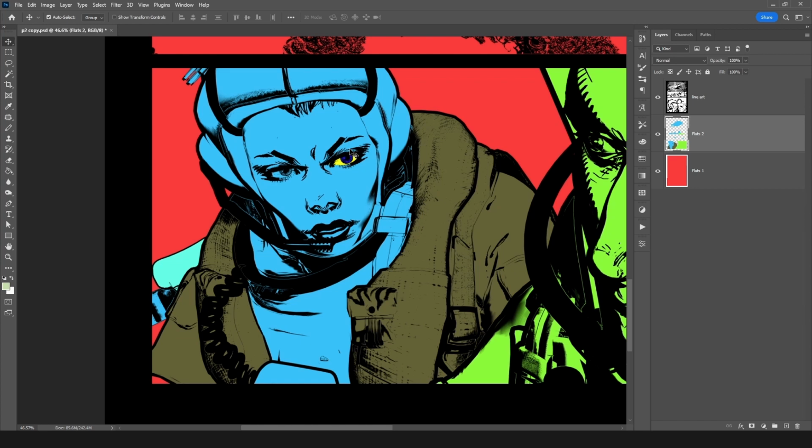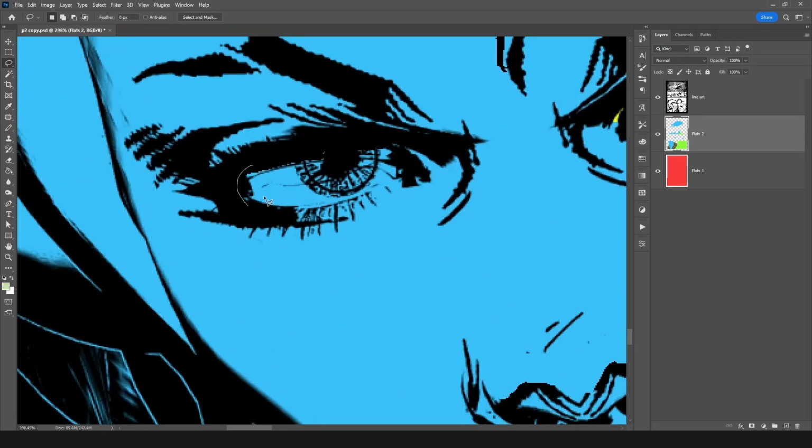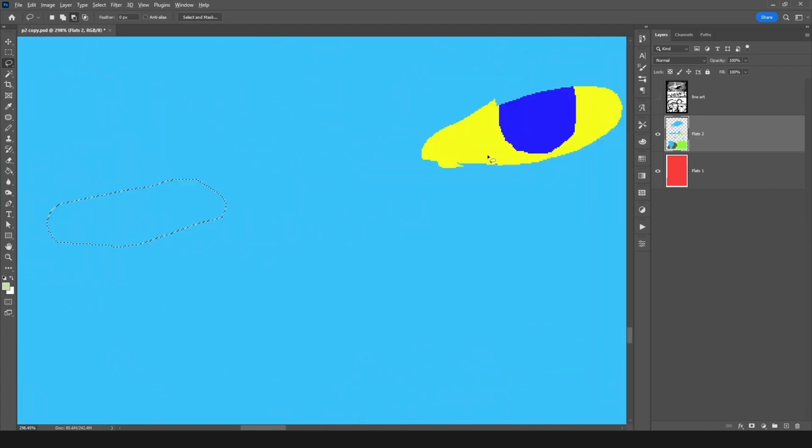Either method is fine, with the magic wand or with the paint bucket tool. Usually I just go ahead and do it that way, only for that reason. It's just a personal preference thing. Just go in here, again, whoop,